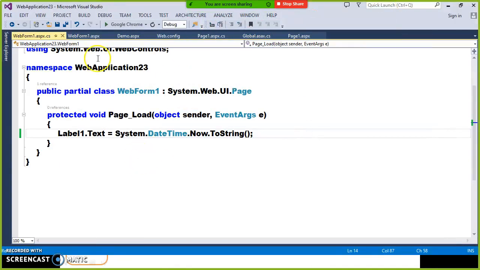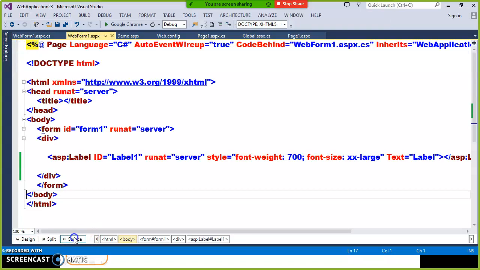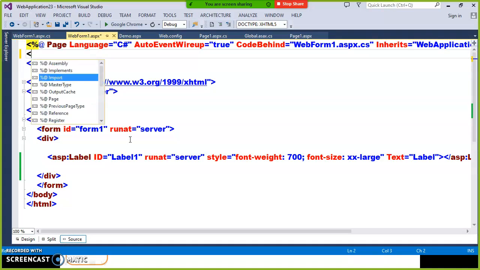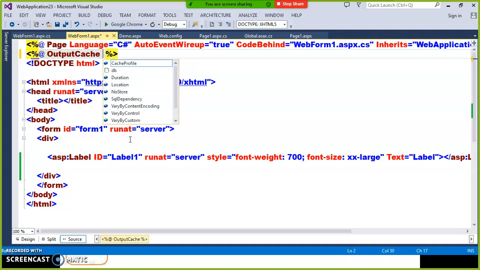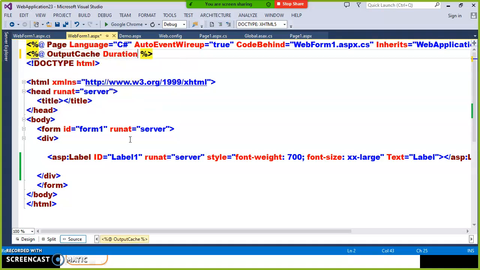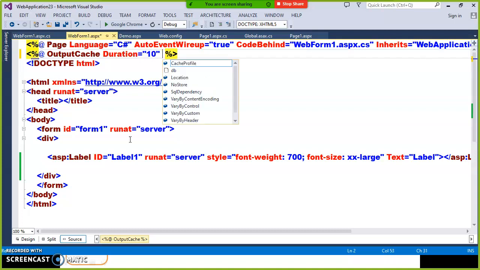So here I will try to apply caching for this page. You can go for output caching. Output caching means it is used to maintain the total page output in a cache memory. Go to your source code, and in the second line you can write <%@ OutputCache. Here I'll mention Duration equal to 10 seconds,